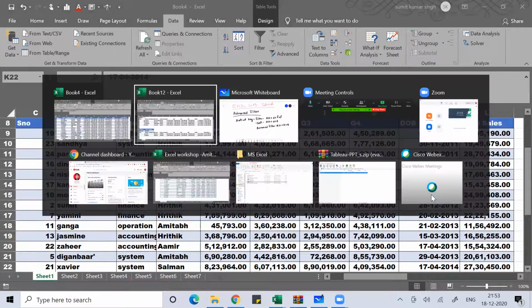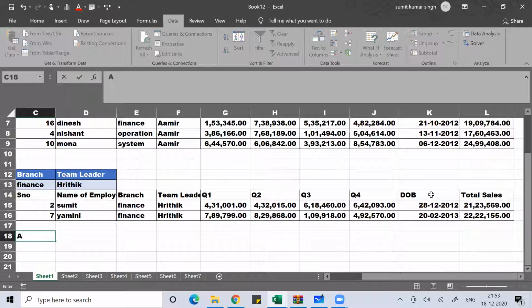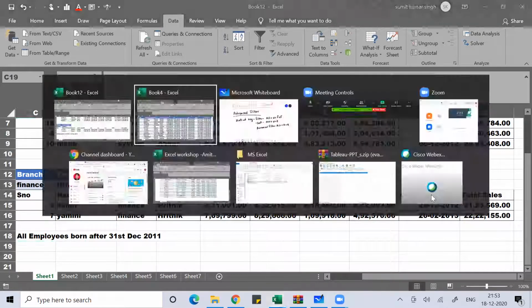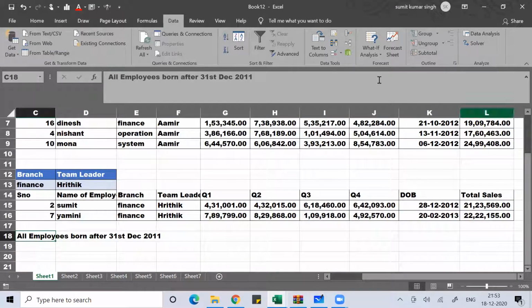I want all the employees who were born after 31st December 2012. Suppose I want the details of all the employees who were born after 31st December 2012.